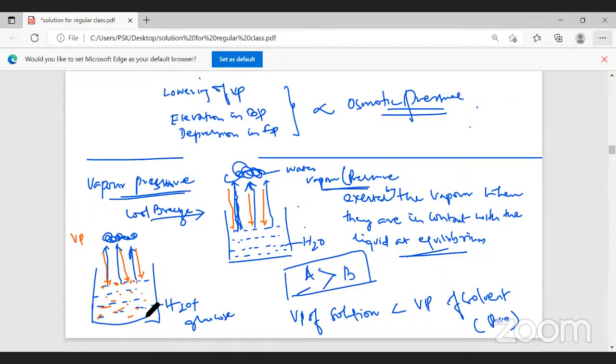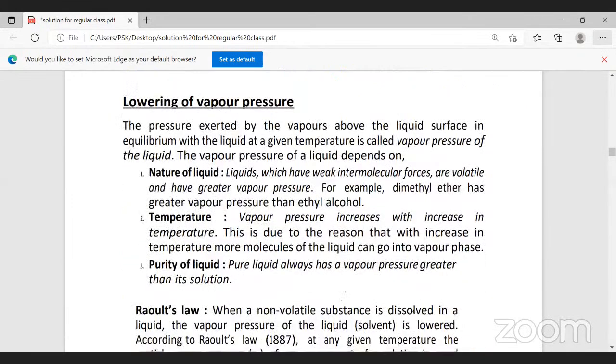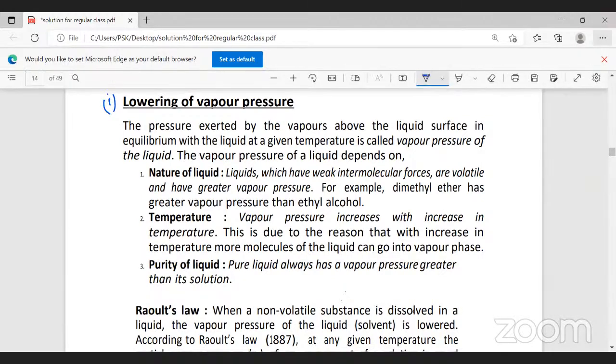Did you understand what is vapor pressure, and how the vapor pressure of the solution and the pure solvent are related? Yes, sir. The vapor pressure of a solution is lesser than the vapor pressure of the solvent. I explained the reason also. Now, the first colligative property we are learning is lowering of vapor pressure. Now, always remember,